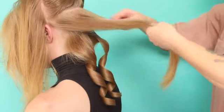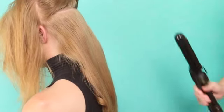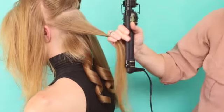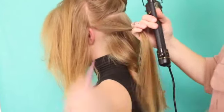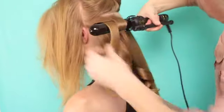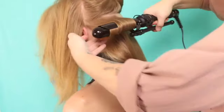A great rule of thumb when doing curls like this is to make sure that the section of hair that you're taking is no bigger than the width of your iron. Top to bottom is no thicker than my iron, and then width-wise side to side is also not any longer or wider than my iron. So the section of hair that I'm taking is the exact section that I need for this size curling iron,